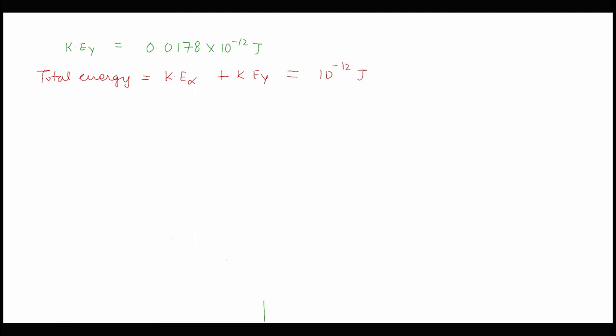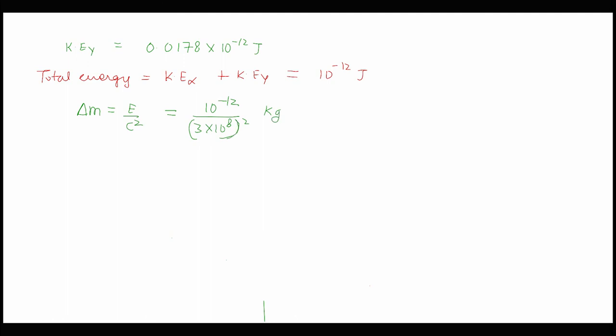So now we are calculating the equivalent mass. If we go for the calculation of equivalent mass, I can write that delta M is equal to E by C square. So the equivalent mass can be calculated as 10 to the power minus 12 upon 3 into 10 to the power 8 whole square, and the value will be obtained in kg.